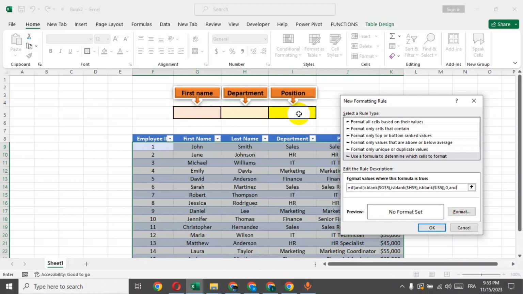SEARCH, parenthesis, then the first cell, comma, and choose the first name and delete the dollar symbol here, then close, then comma, SEARCH again, parenthesis, then the second cell, comma, and the department name, and delete this dollar, then close parenthesis, then comma,